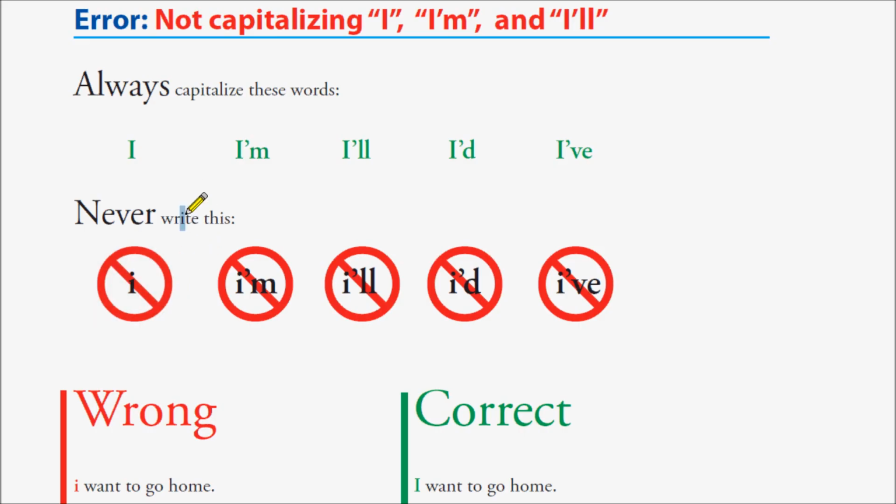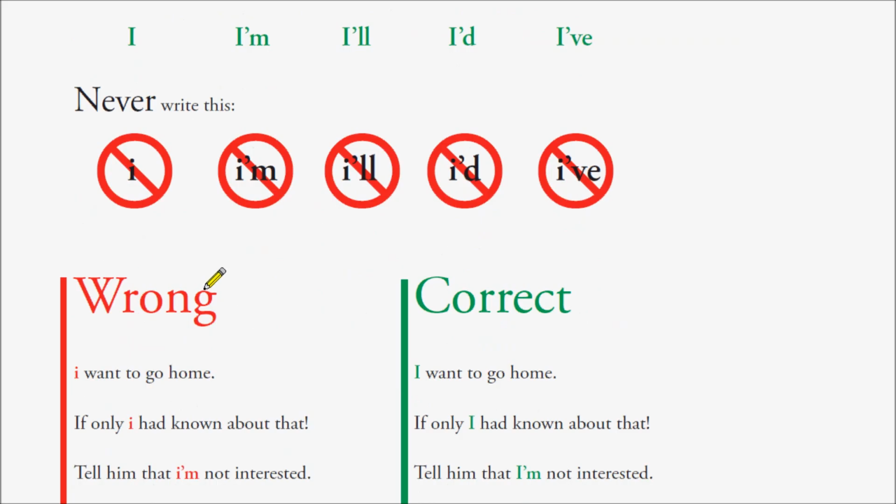Now, when I say this one here, okay, that doesn't mean that you're never going to write a lowercase i. Like this here is a lowercase i. That doesn't mean this. That means if you're going to say things like, I want to go home, let me move it down a little bit. I want to go home, okay? When you say I, if you're going to talk about yourself, I, as one word, then you always capitalize it. The same thing with these. You always capitalize I'm, I'll, I'd, I've, and I. Every single time without exception.